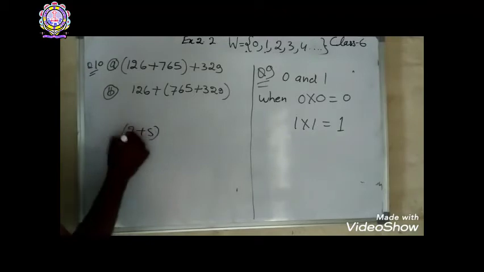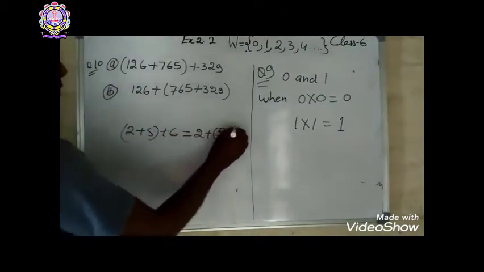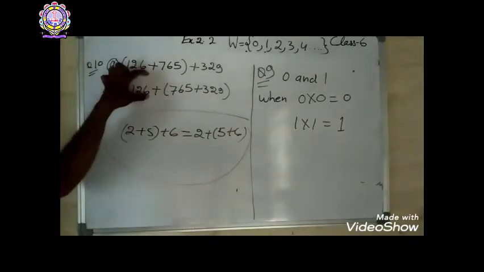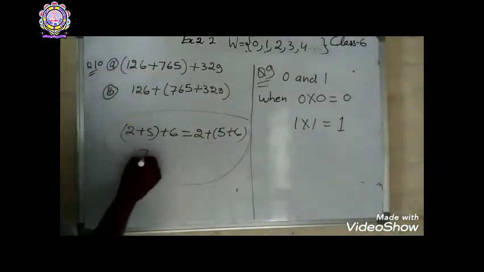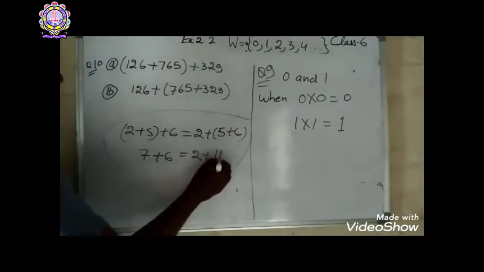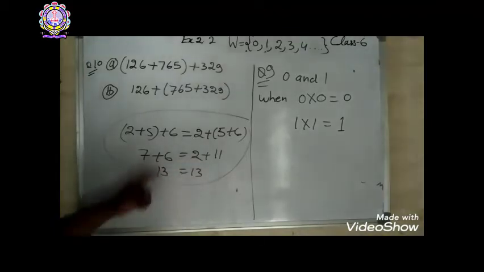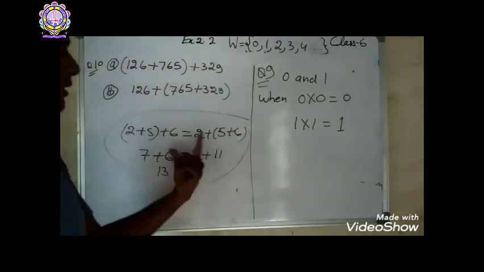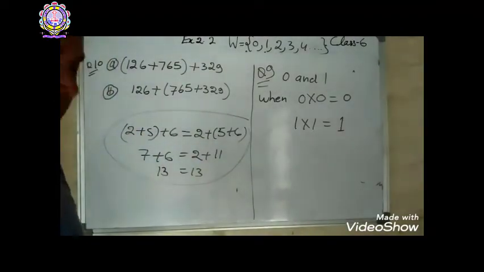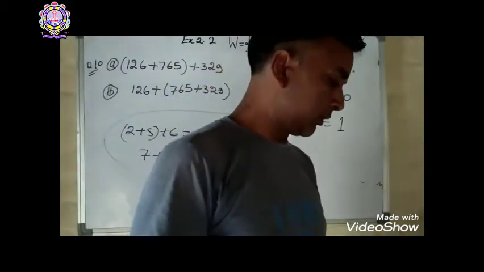2 plus 5 plus 6 is equal to 2 plus 5 plus 6. In a simple question, this is what I am explaining. This is for you, I am not explaining it. So 2 plus 5 is 7, plus 6 is 13, and 2 plus 5 plus 6 grouped the other way is 11 plus 2, also 13. So it does not matter where the numbers are written, the symbol is addition, so we add them. So this is the associative property of addition. So you solve this question.